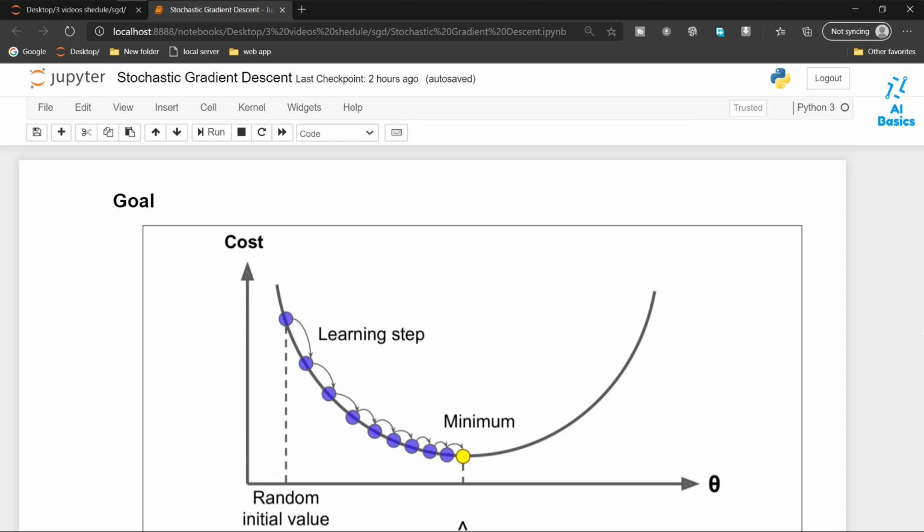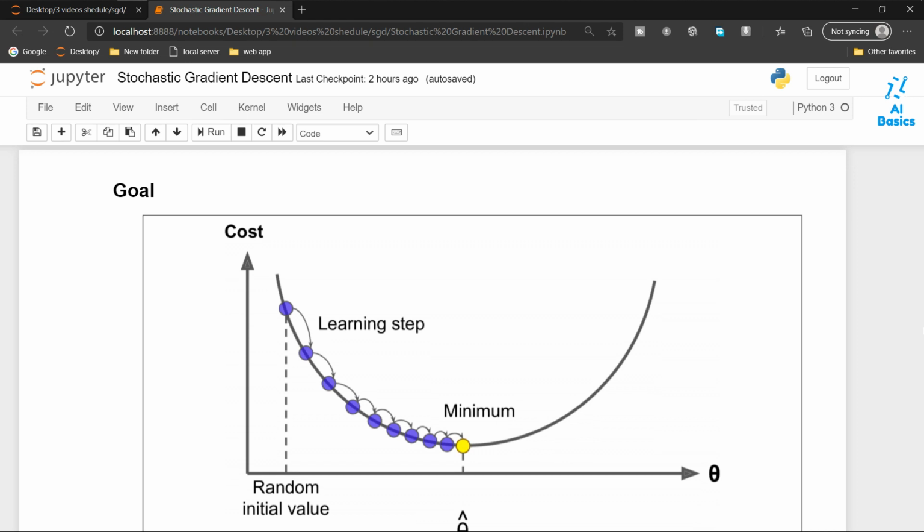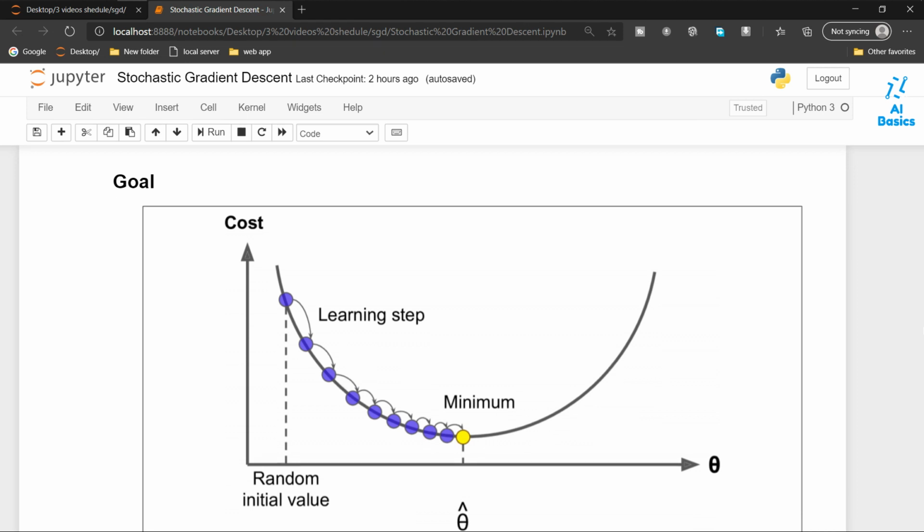In the last video, we successfully completed gradient descent, and we ended up with some problems where the gradient gets stuck in the local minima. So how do we get from a local minimum to the global minimum? We will see another technique for that problem. This technique is called stochastic gradient descent. Stochastic means random. I will explain this algorithm very clearly.